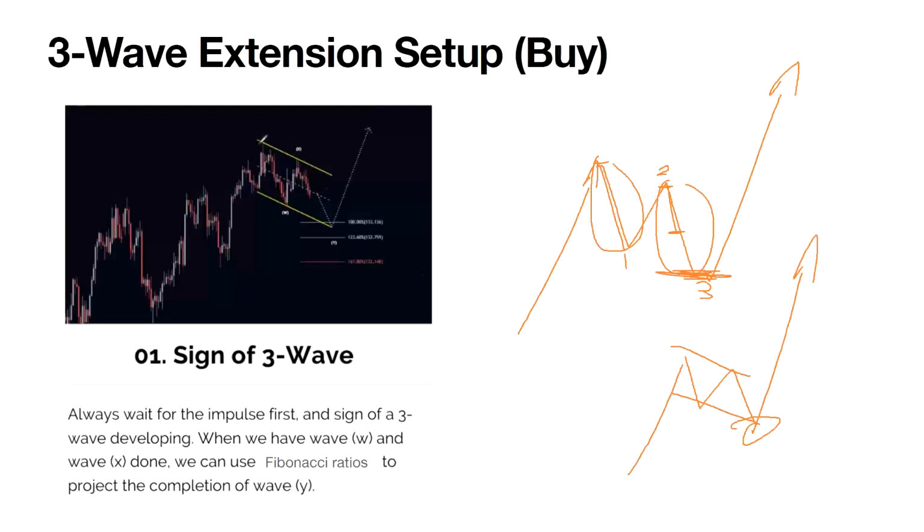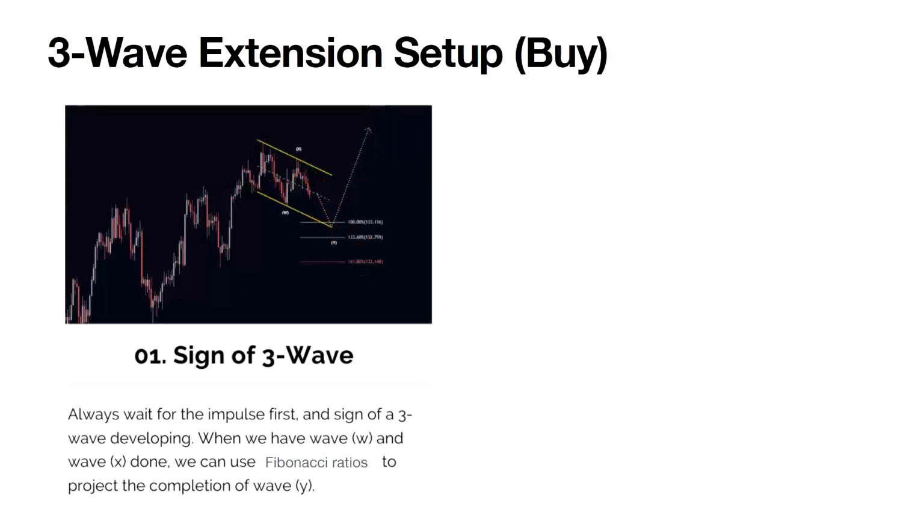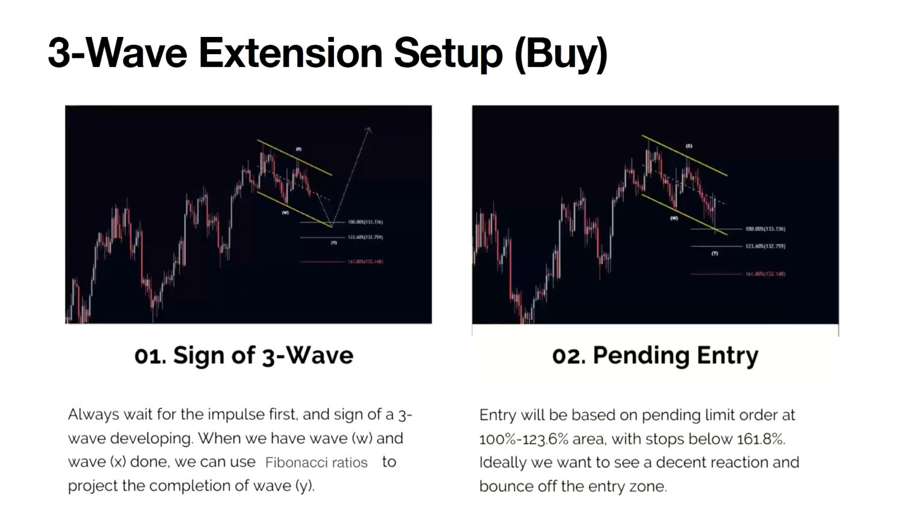In this example, we have 1, 2, 3, and 3 is developing. We're expecting it to come towards this area around the 101.23.6 Fibonacci, which is equivalent to this equal length, and after which we'll be looking for upside. So how is the trade developing? Again, we need to be very clear what we want to see from the market. You want to see this continue to come down in a fairly slow environment. This is where our entry is, this is where our stop is, and we want to see a nice little bounce. That's where you can see the entry based on the 101.23 area.